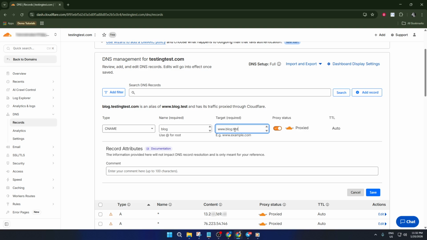Depending on your record choice, fill in the IPv4 address for an A record or the domain target for a CNAME. For example, if you made a blog on Vercel, you'd paste in your-site.vercel.app right here. Double-check this value. A small typo can send users to the wrong place, and DNS errors can be a pain